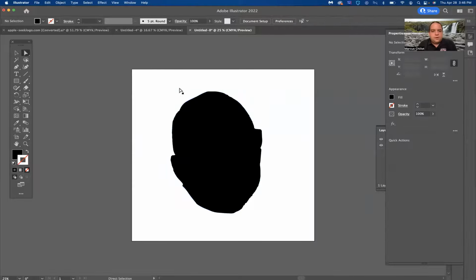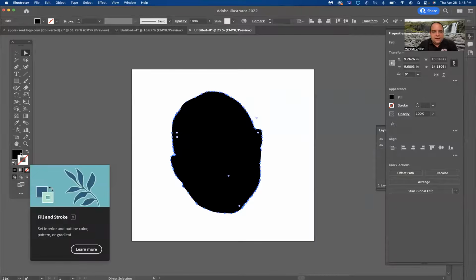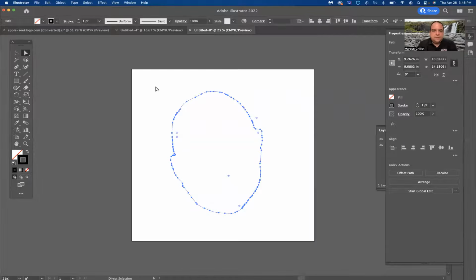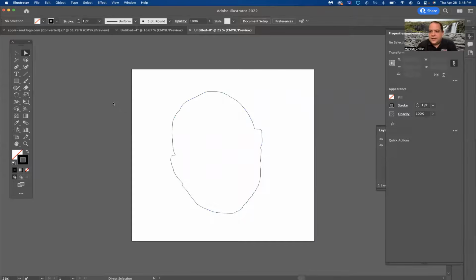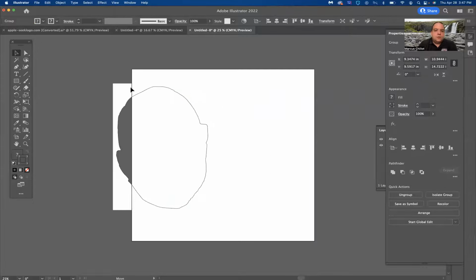If I get my white arrow and click on the shape itself, we invert the colors. Right now we have a black fill with no stroke. I hit that double arrow, and that's what we end up with. That's going to end up being our cut lines, but we have to offset these further away from where they're currently at. We select it, and remember, we're going to go,